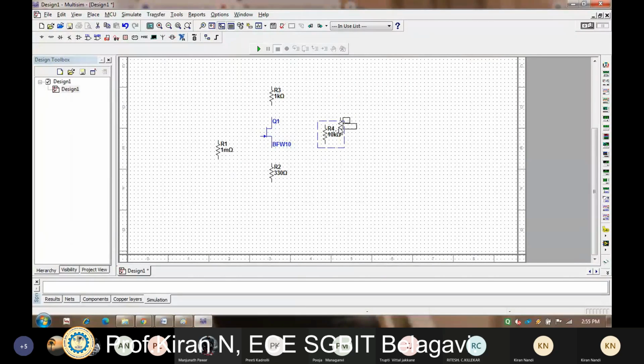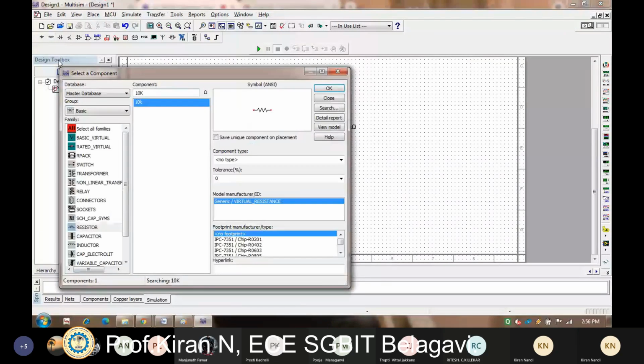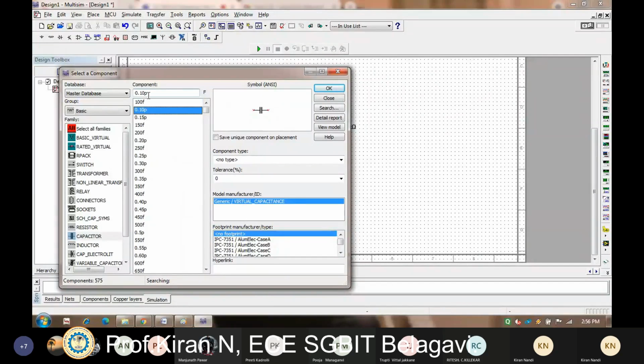Okay. Now I need a capacitor. So again, go to capacitor here. Put a value. I need a 0.1 microfarad. You can see here somewhere 0.1 microfarad is there.